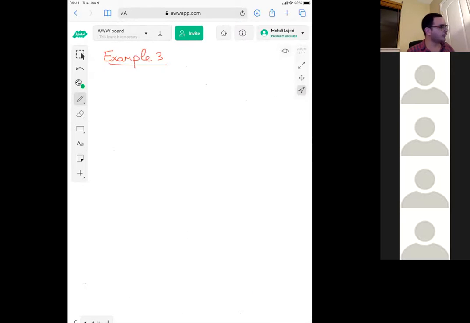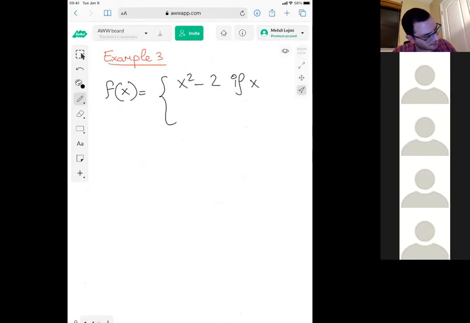Okay, so let's have one more example, guys, with a function defined by two different equations, but the function is going to be actually differentiable. So let's say f of x is equal to x squared minus 2 if x is less than 1, and 2x